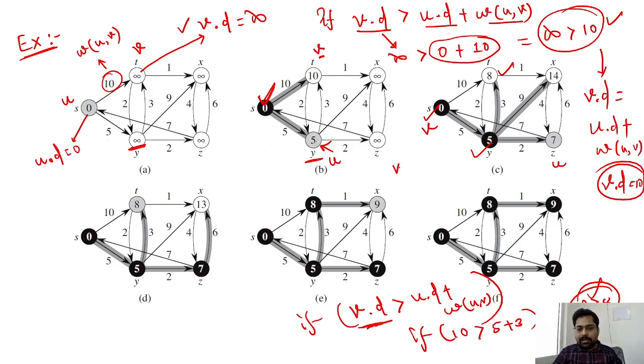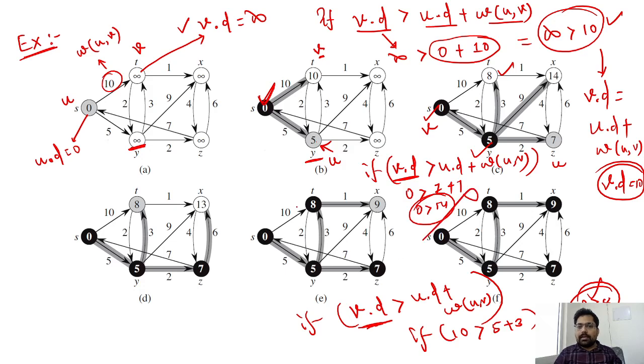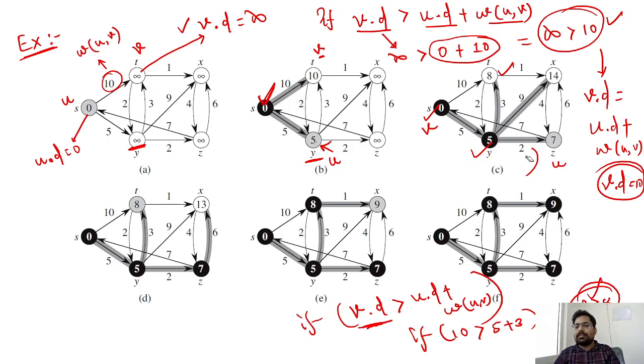So for the d of v or vd, you can say whether it is greater than this or not. W(u, v) means the value of v is 0, and the cost here is 7 and here is 7. Whether 0 is greater than 14 or not? No, no. If it is less than 14, definitely you can update it. It's not less than 14, so we are not going to update it. That's why I told you the source we started, it's better we should remove that one for a while,